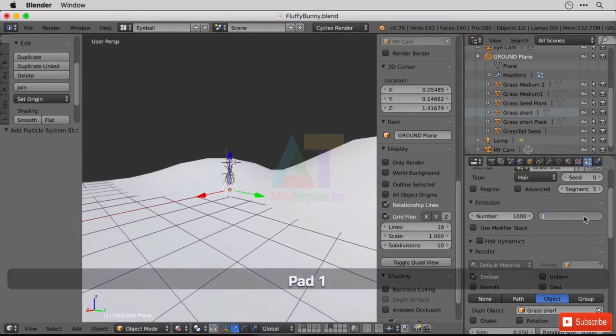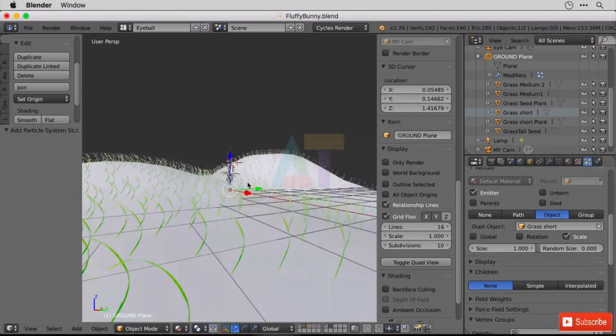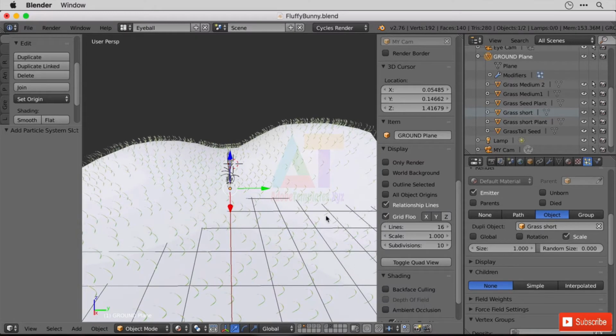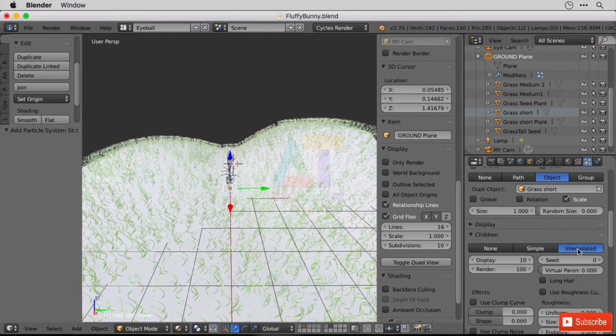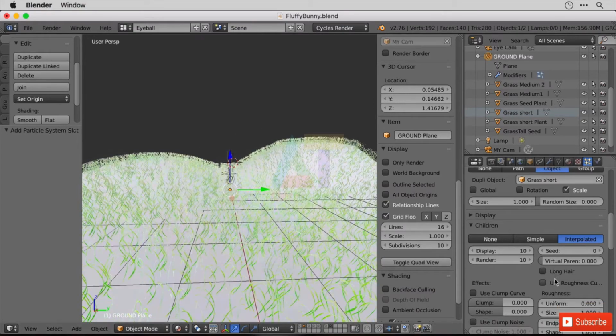Let's go and set the hair length to 1 and the size to 1. And it's starting to fill up our mesh. But of course we don't want to leave it there. What we'll want to do is have some children. Now it's set to the display of 10. I'm going to leave it at a render of 10 as well. It's probably going to be enough, and I'm going to add some